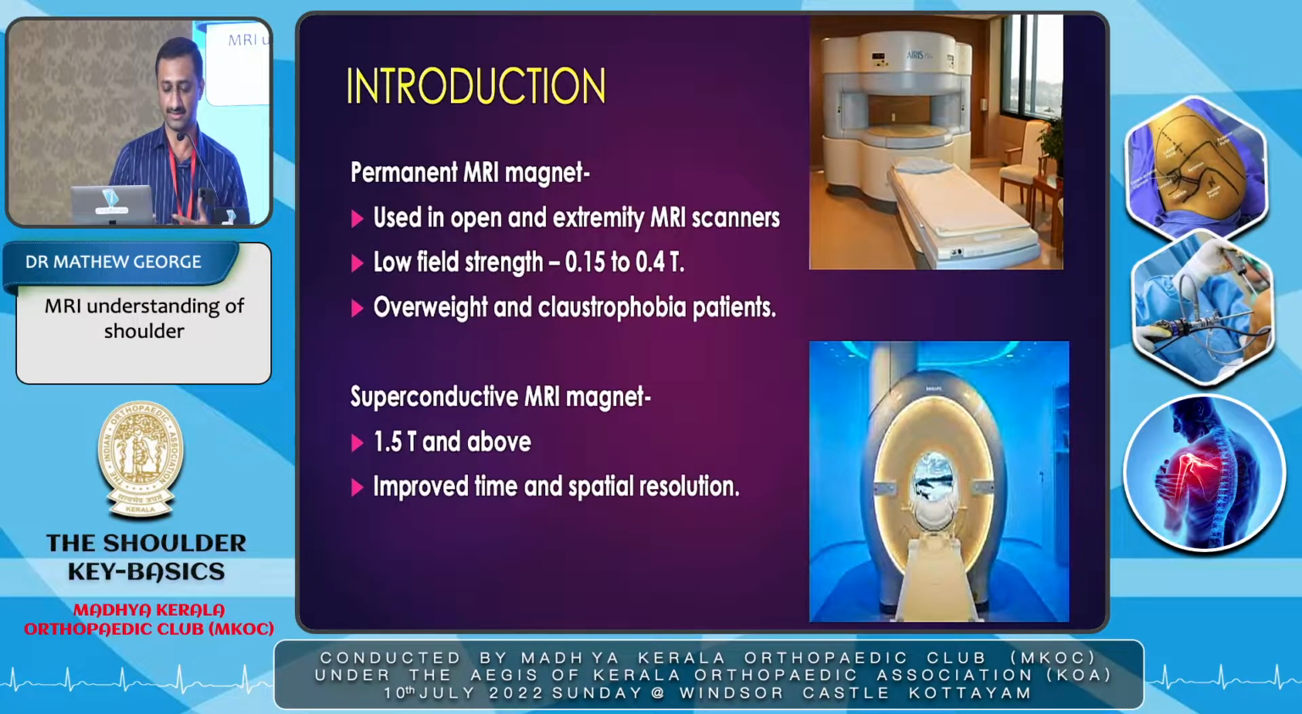So these are the newer ones, and here we use from 1.5 Tesla to 3 Tesla magnets. The advantage of this is that you have increased time and spatial resolution. So you get better clarity, better images of the shoulder or whichever part is being imaged. But the greatest disadvantage is that